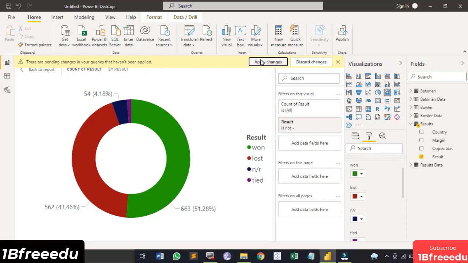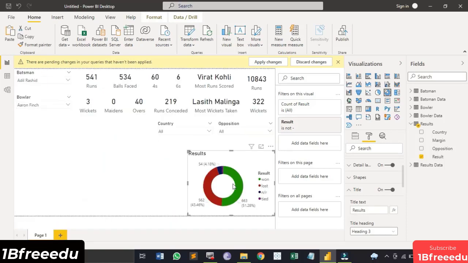Now what we can do is we can also make some changes to its title. So let's just go into this title. We can just write results over here in the title. Okay, let's go back to the report to see how it is looking as a whole. It's looking good. Now it is showing us the matches and the percentage as well. Suppose we don't want the percentage, we just want the number of the matches. For that you can go to this detail labels option and select data value in the label style. So it would only give you the number of the matches that have been played between them.